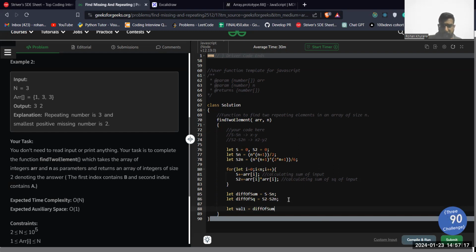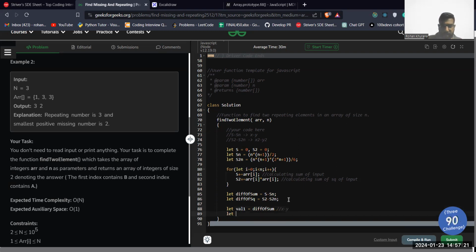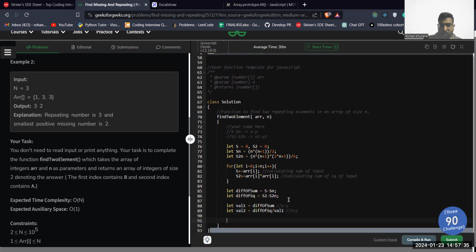I'll write it: x minus y. Let val2 equal difference of square divided by val1. This is nothing but x plus y. To find out x, let x equal val1 plus val2, whole divided by 2, since